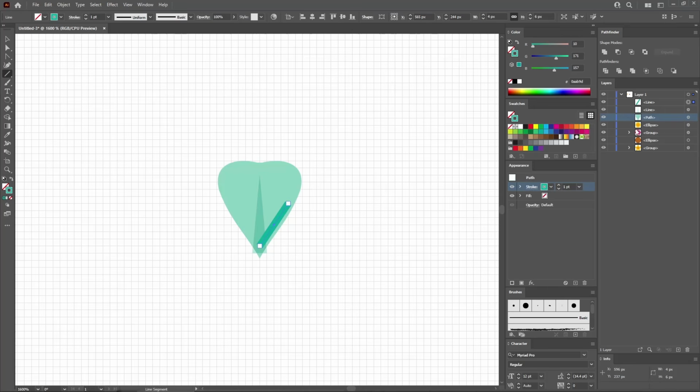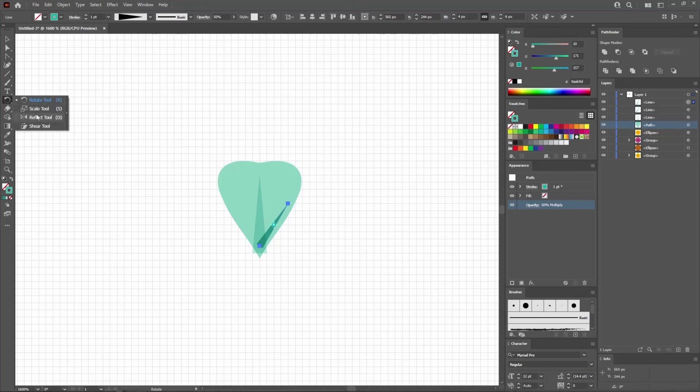Move to the layers panel and use these target icons to transfer the appearance settings from your first line to this new one. Decrease the stroke width to 1 point and increase the opacity of this new line to 50%. And then press Ctrl C and Ctrl F to add a copy in front. Let's use the reflect tool to flip this path, and then use the selection tool to move it in this